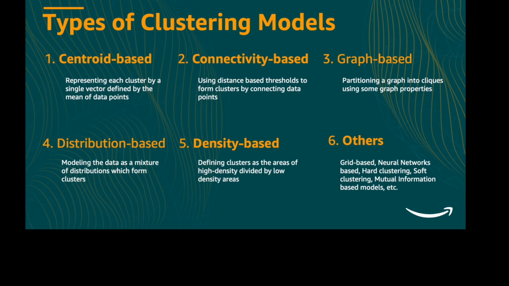As opposed to that, connectivity-based clustering is the method which tries to put objects into a single group when they are connected to each other, right? So say if A is connected to B and B is connected to C, then the method will try to put A, B, C into one group, right? And that is the connectivity-based method.